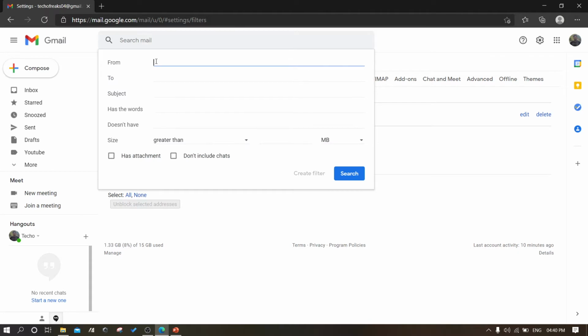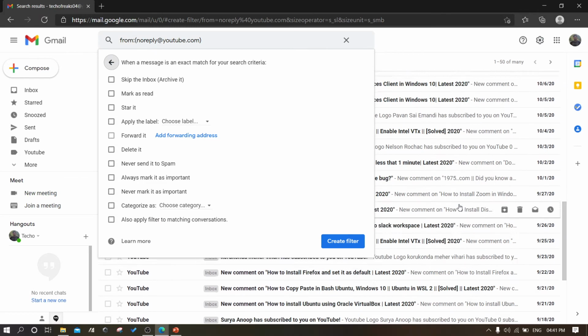In the From field, we need to paste the mail ID from whom you are getting spam mails. In my case, I will give reply@youtube.com because I have mails in my inbox that I want to delete. So simply I give the from address and to address. I can explain all these fields in another video if you want me to. But for now, if you want to delete all the spam mails or mails from a particular sender, you can create a filter here and just click on create filter, and you have all this in the background.